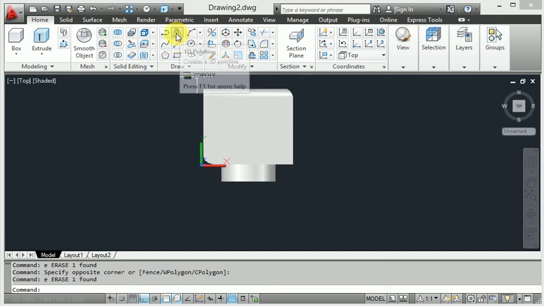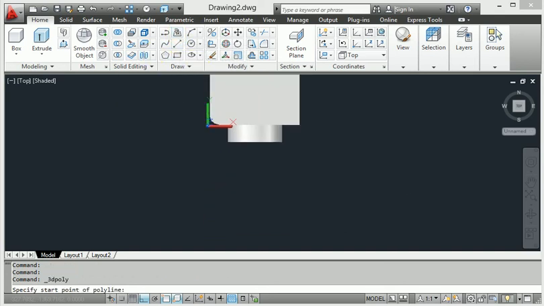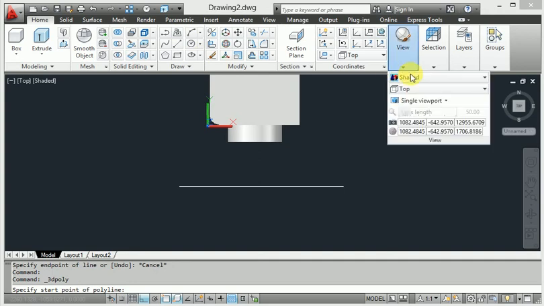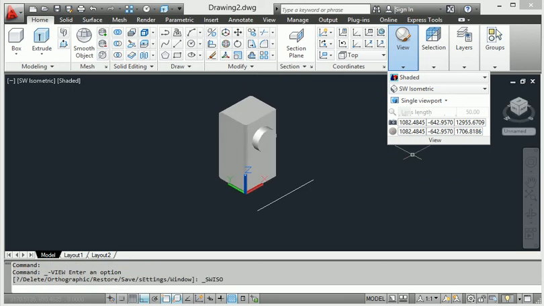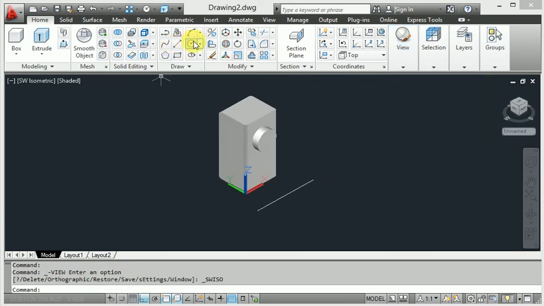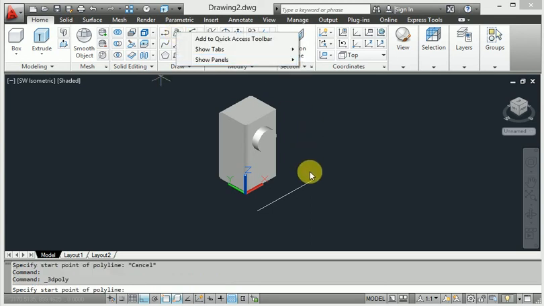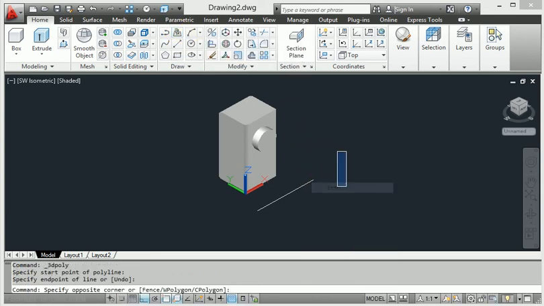First of all, the 3D polyline has been created here this way, then exit, then go to isometric view, then apply the 3D polyline again here, in the upward direction.